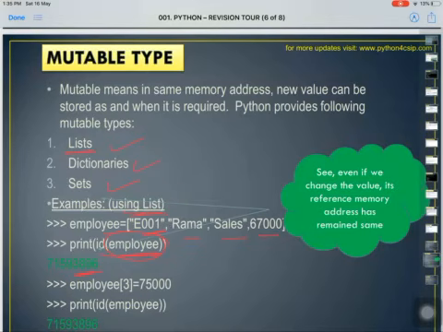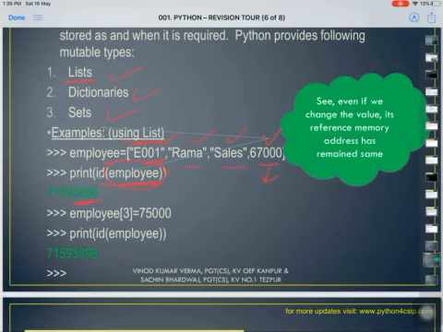Since this is a list and it is mutable, I can change employee 3, that means index 0, 1, 2 and 3. If I assign 75,000, I have changed the value; earlier it was 67,000. Now again, if I print ID of employee, what do you think?